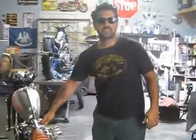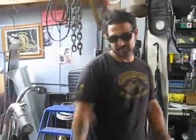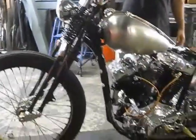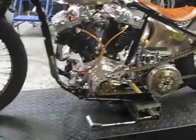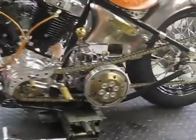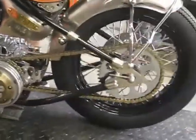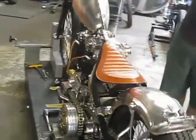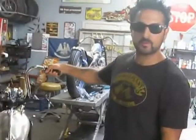How you doing? My name is Yaniv, and you're at Powerplant Choppers, pretty much in the middle of Hollywood. This is our latest creation right here. I'm going to be taking it to the Mooneyes show in Japan this year in December. We have maybe a month left to get it done, running. Still needs a little bit of paint. It's in the finishing process right now, and I would say that this is probably one of our better bikes